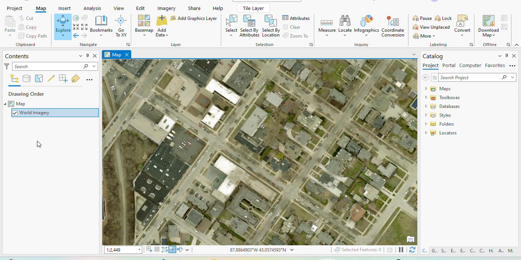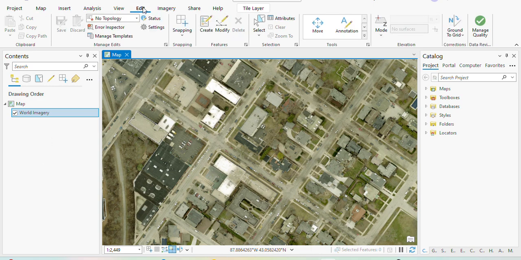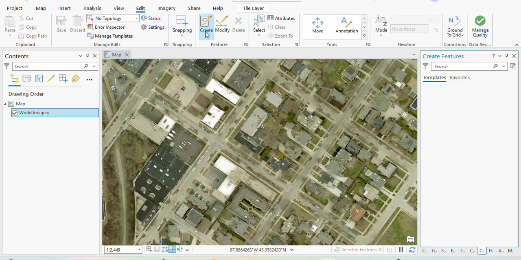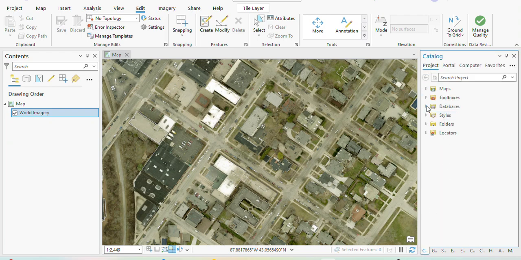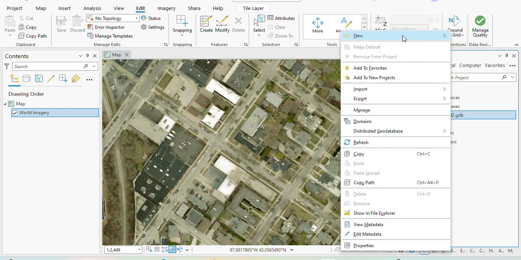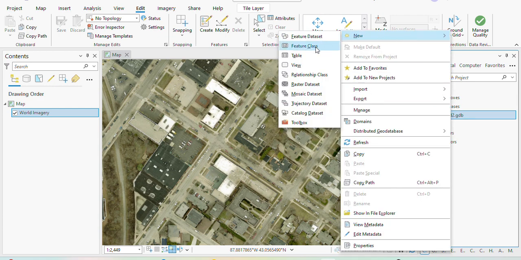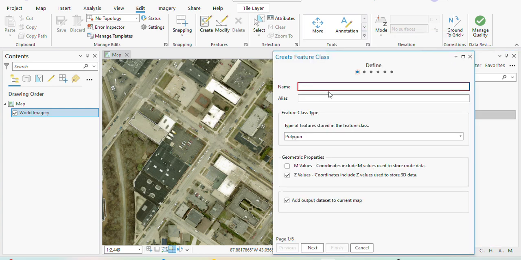So I don't have anything to do here. I would have usually gone to edit and tried to create, but I don't have anything to edit. So I need to first make a feature that I want to edit or work on. So I would come here and click new. I want to make a new feature class,